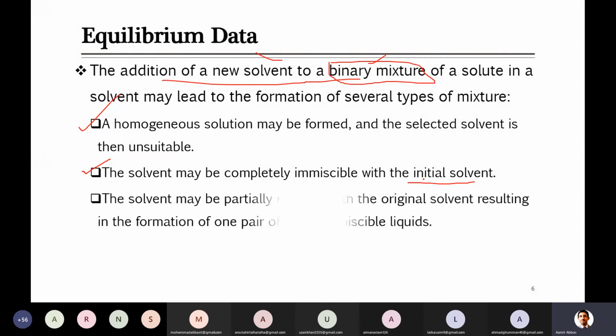Okay, the third possibility can be that the solvent may be partially miscible with the original solvent. So this is the case which usually prevails. Later we will talk about it. So what happens when you bring this solvent in contact with the feed? Although the solvent is selected so that it has affinity for the solute, at the same time it has some affinity